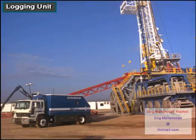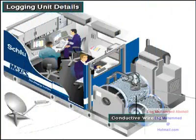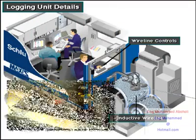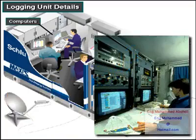Here's a logging truck. It contains the computers, the wireline on a reel, and the controls that make the logging operation work. Offshore, instead of a truck, the equipment is installed in a small house, a logging unit. The logging unit, whether truck-mounted or skid-mounted, houses conductive wireline on a reel, wireline controls which allow an operator to lower, stop, and raise the wireline, and the computers that record and display the information relayed from the logging tool